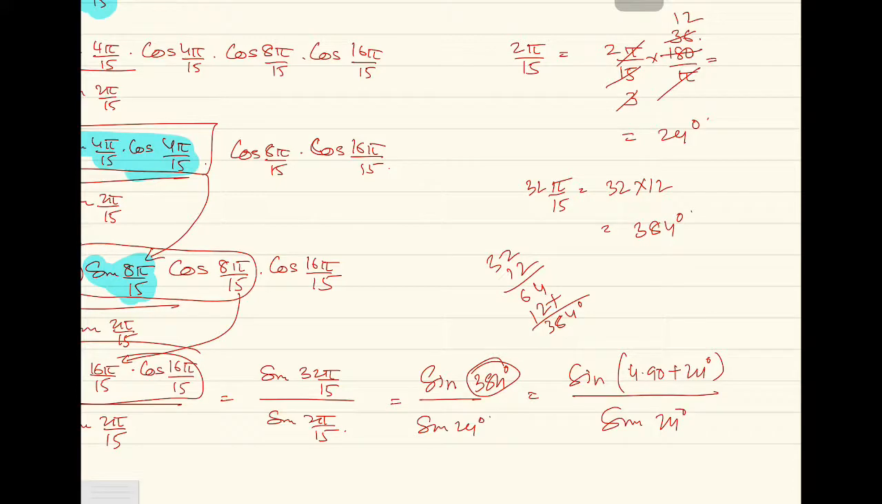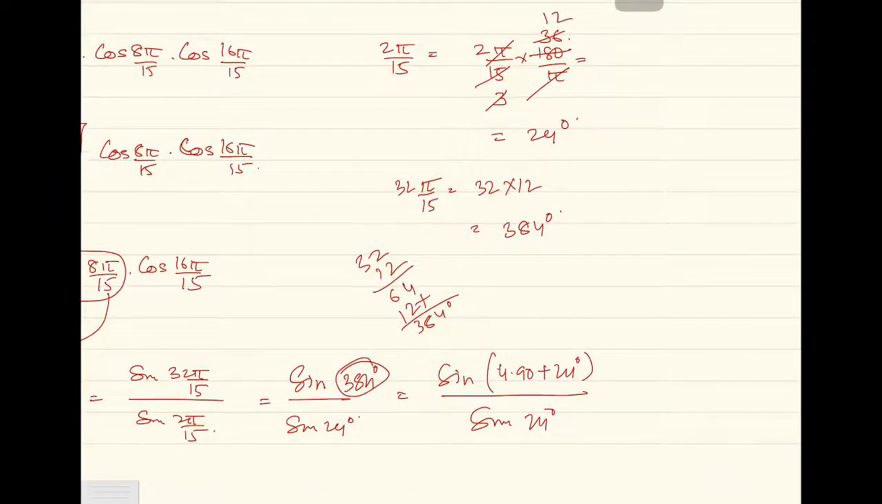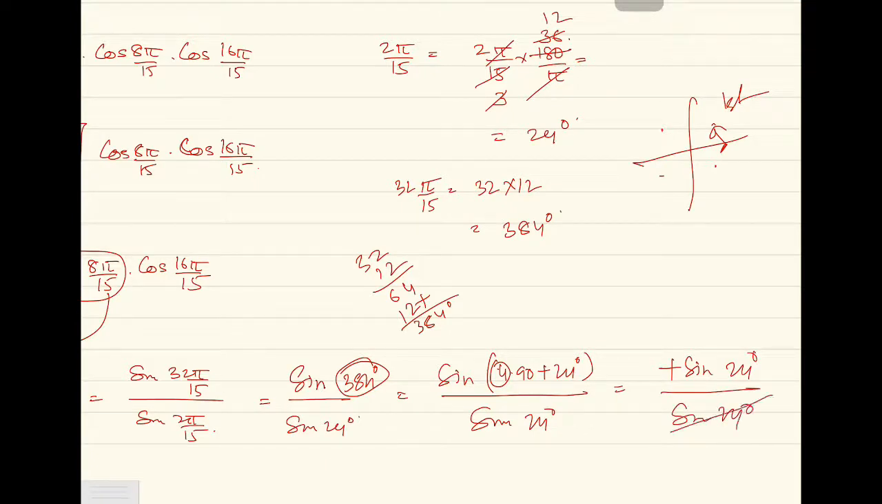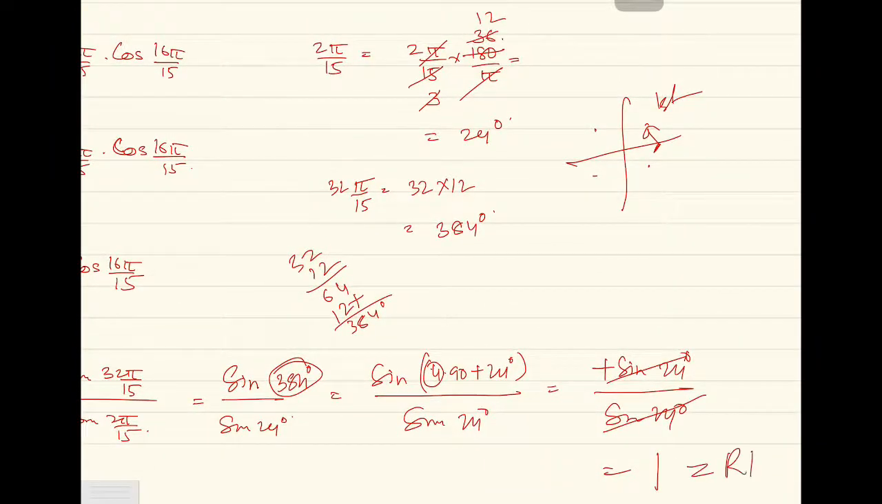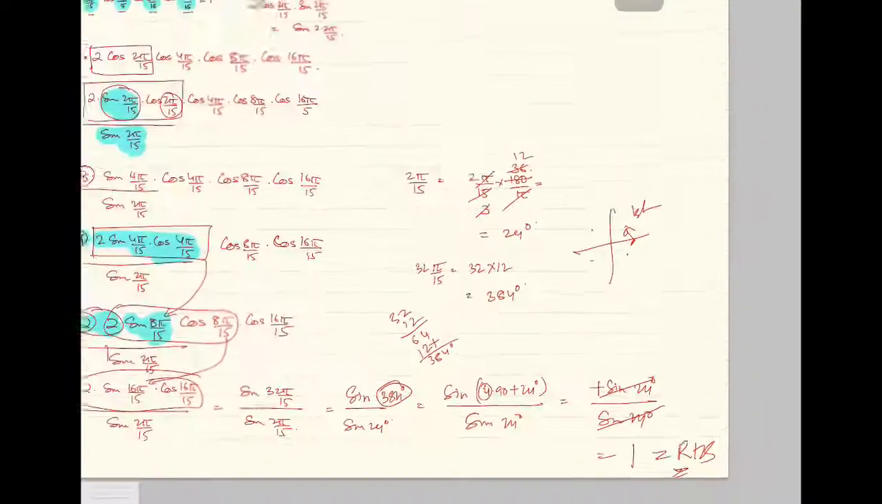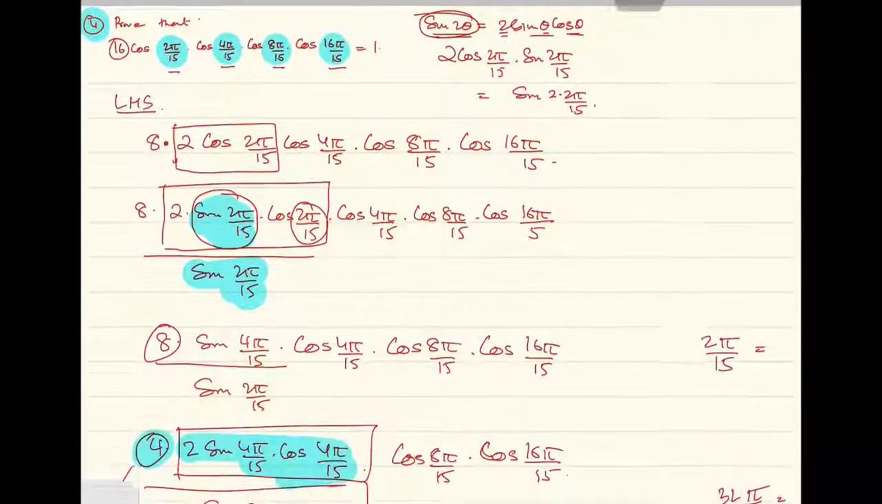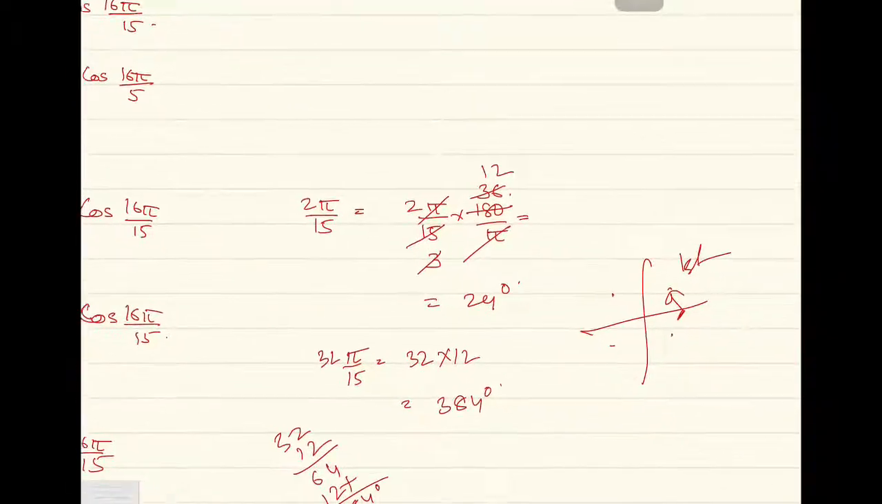In the denominator, I have sine 24. Now 4 into 90 plus 24 means in which quadrant does it fall? So that's 1, 2, 3, 4, 90 means here, and plus 24, that's in the first quadrant. And in the first quadrant everything is positive, so I can write plus, and because there is an even number, sine 24 degrees divided by sine 24 degrees, and cancel it out, the answer is 1. So that should be equal to RHS. Let's check. Absolutely, the RHS is 1, so I can write here,